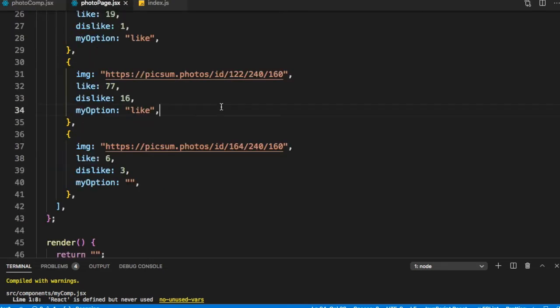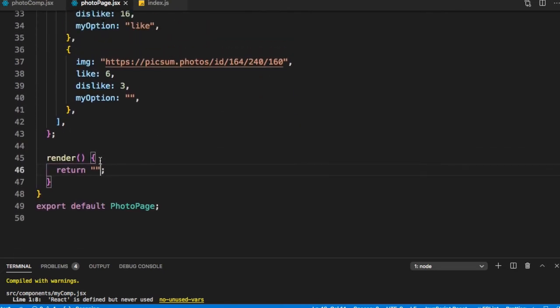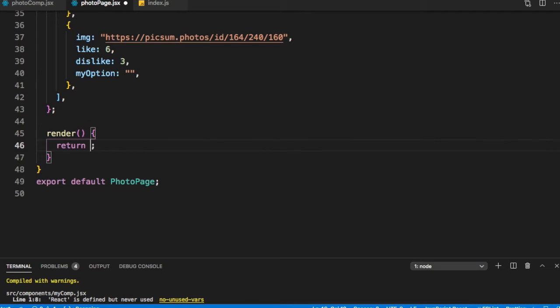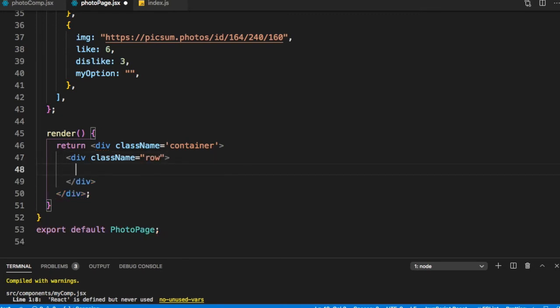Let's go to our photo page, and there in the render, what do we want to do? We just want to render all these photos. So we can just put it here. So div className is equal to container, div className is equal to row, and within this row what we would do is just call a map.